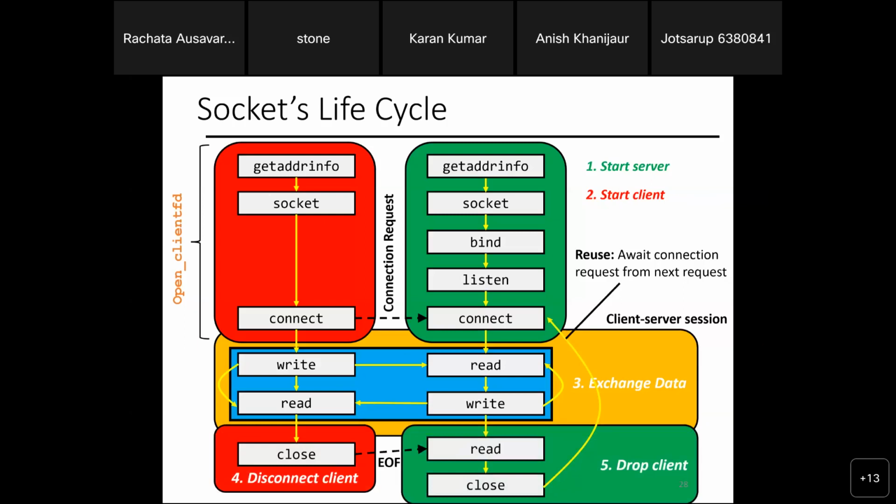After you close the connection, the server will get the notice, because they keep reading what is sent from the client, right? Once you close the connection, the server would also read the fact that the client is closing the connection. It's an end of file, basically. How do you know it's a closed connection? If I treat the socket as a file, right? End of file would say, okay, that's it. Now the server can then drop the client. So you close the connection.